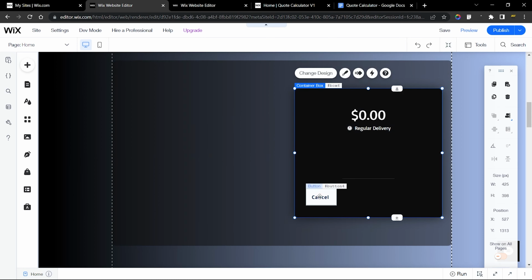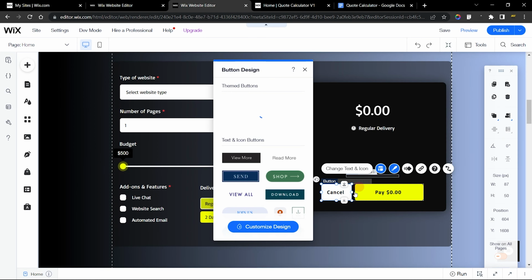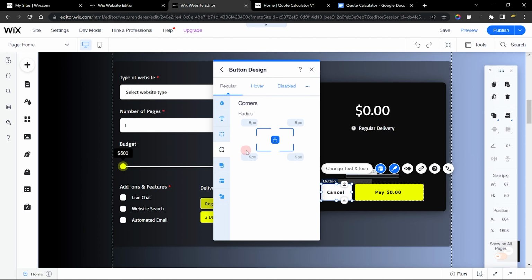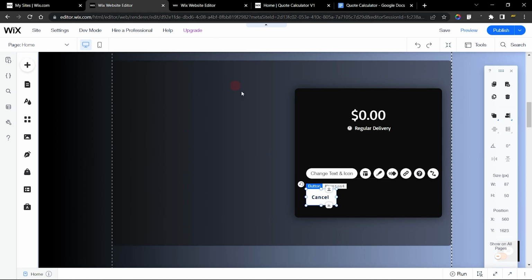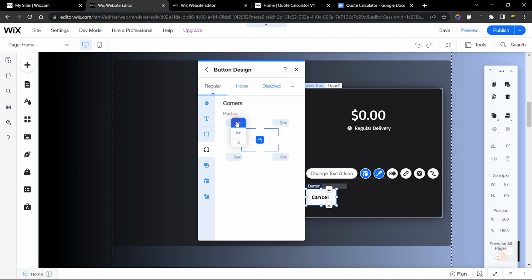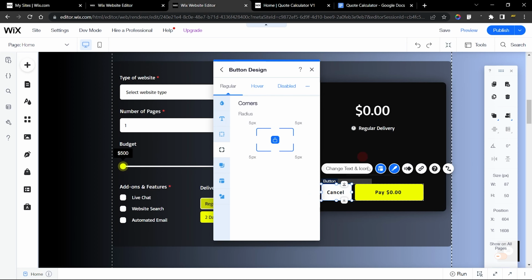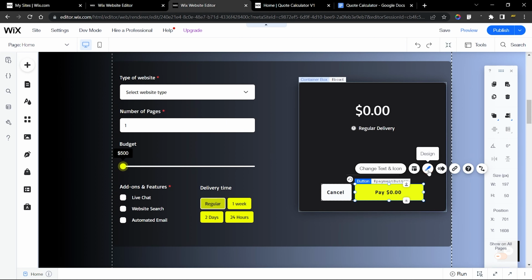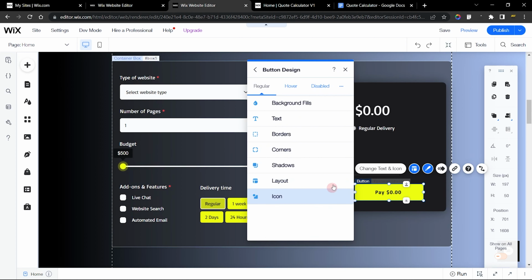All right, that is looking great, but I think I forgot to check out the corner radius. So let's go to the corners. As you can see, it is 5 pixels. So let's go over to design again and change this to 5 pixels. Awesome. So now we're going to replicate this other button, which is the pay button that we have, and